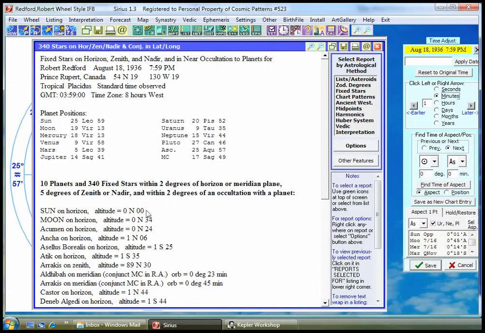Whether we look at it on the sky map, in the Mundoscope, or in a listing, we're getting the same exact information. At 7:59 p.m., the sun is exactly on the horizon, and Robert Redford was born at 8:02, 3 minutes later, and at 8:02 in Prince Rupert, not the place where he was born, which is Santa Monica, California, but in Prince Rupert,